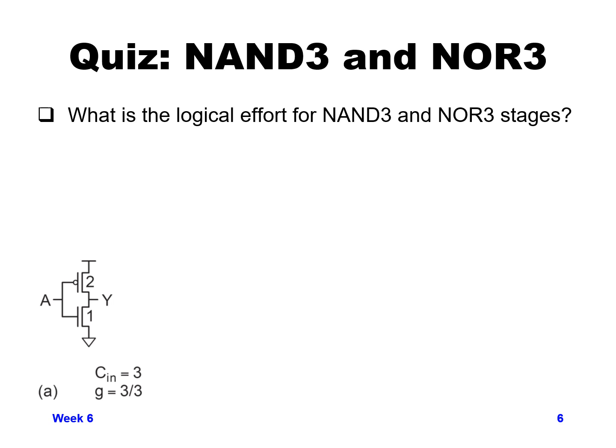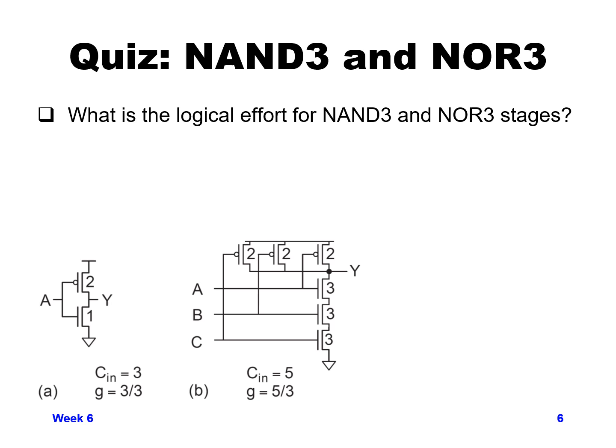So now hopefully you've gone through, drawn out the NAND 3 and NOR 3, and as I said, we'll go through a solution. So let's start with the NAND 3. When we draw a NAND 3, we have 3 NMOS devices in series and 3 PMOS devices in parallel for the NAND 3